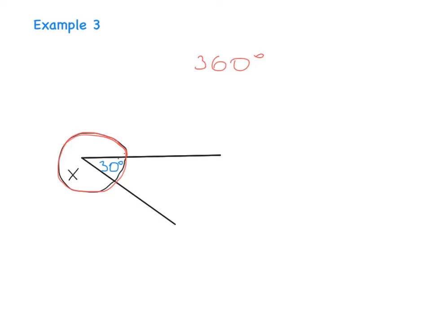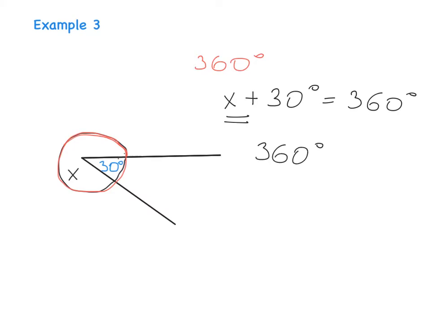So we know we have x plus 30 degrees, and this is all together 360 degrees. Okay, so how to find x? Simple, take it away from 360. And the answer is 330 degrees, and this is x. Okay,